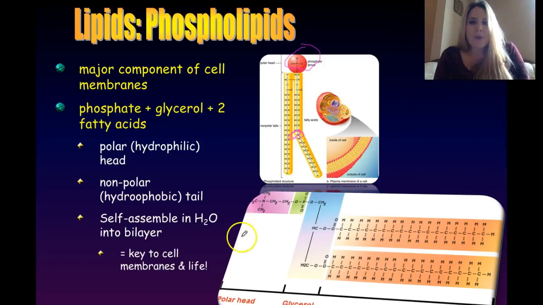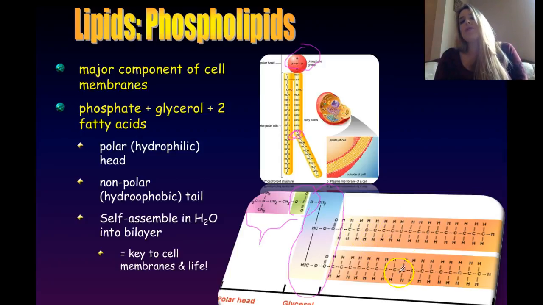So here's a deeper look at the structure of a phospholipid. So note here, you have your phosphate head, your glycerol backbone. And so this right here makes your polar head group. This makes your glycerol, and then here are your two fatty acid chains. This particular one is not showing a double bond in one of them. The other one is all straight as well. But remember that for the phospholipids making up our cell membranes, one is kinked, one's unsaturated, and the other one's saturated.